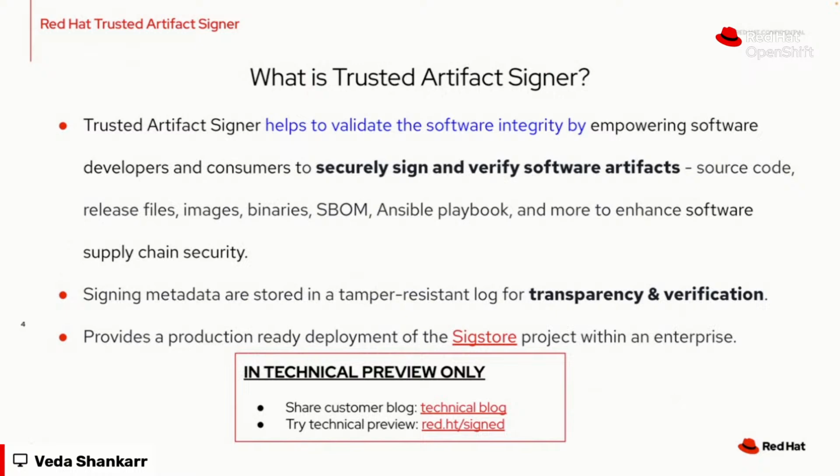Yeah, Veda, if you don't mind me interrupting, I can't see you, but if that's okay. The public good instance of Sigstore is maintained by a small group of SREs from all different companies. Two are from Red Hat, Lily Sturman and myself, and there are a few people from GitHub, Google, and Stacklok.